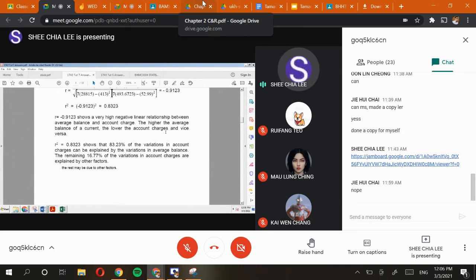The higher the average balance of a current account, the lower the account charges, and vice versa. This is for your R. Whereas R square,